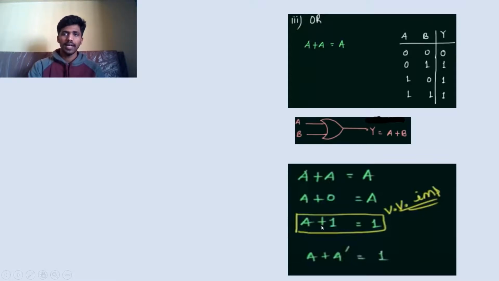If A is added with 1, then it will give 1 as output. For example, A is given with 0, then 0 plus 1 is 1, and if A is given with 1, then 1 plus 1 is 1. As in digital, 1 plus 1 gives us double 1 in the binary format, hence we are getting the unit value as 1. Similarly, when A is added with complement of A, then we will get 1 at the output. For example, if A is given with 0, 0 plus 1 is 1, and if A is given with 1, then 1 plus 0 is also 1.